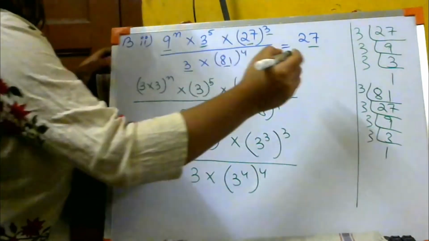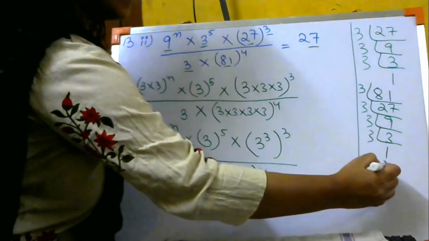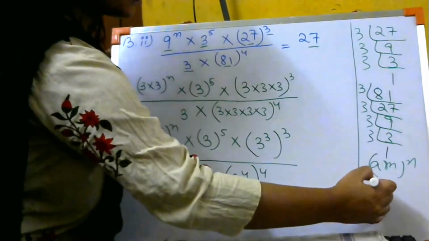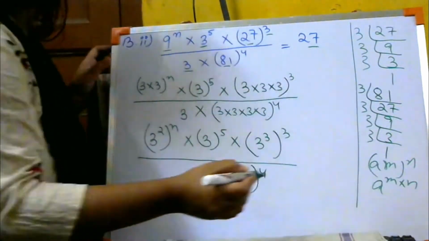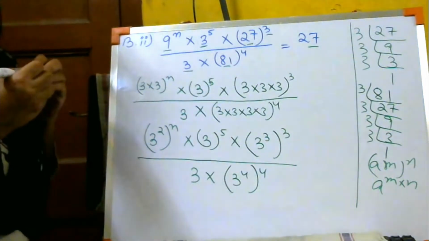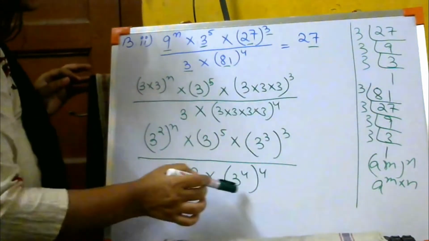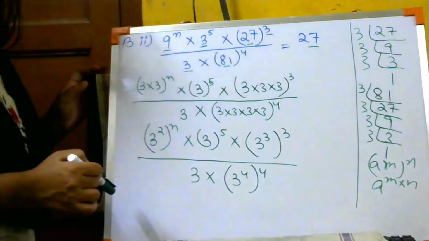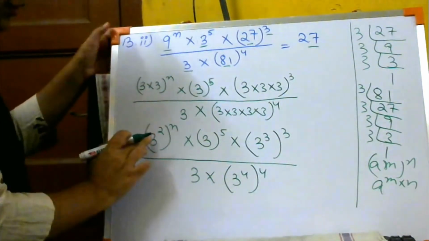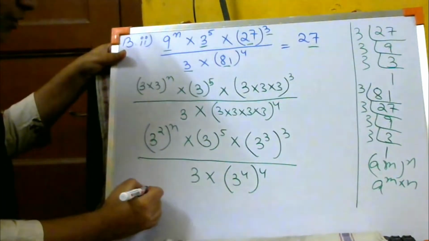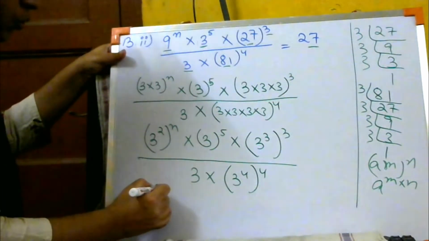I hope you remember that formula again. A to the power m, बाहर पे n. So a to the power m into n. बार-बार बोलने की जरूरत नहीं है. But still I am saying this. So you are going to change all these forms in that form. ठीक है? Now let us see. 3 to the power 2, बाहर पे n. So we can write 3 2 into n.